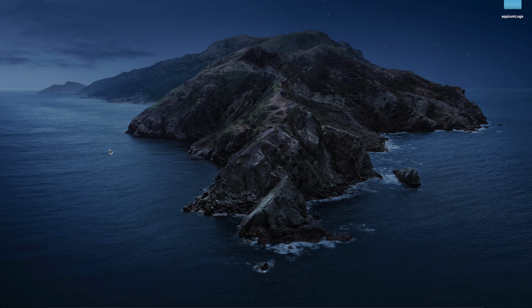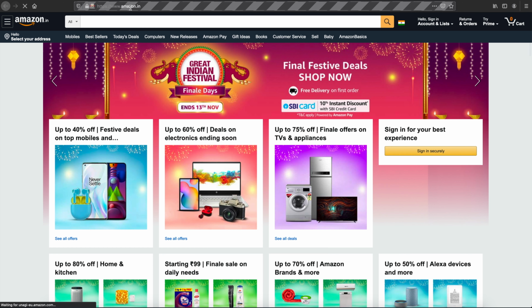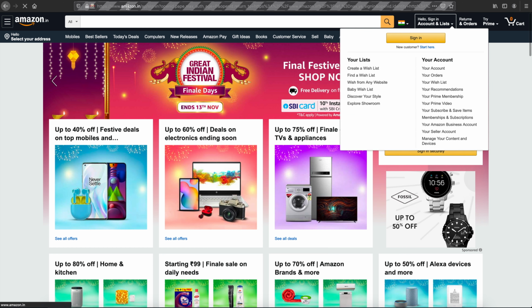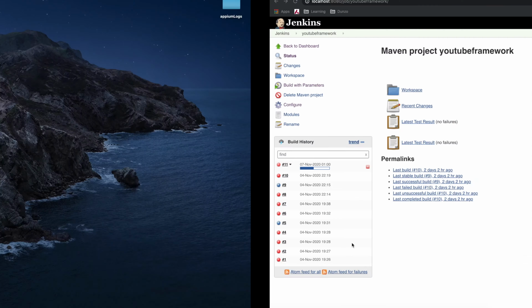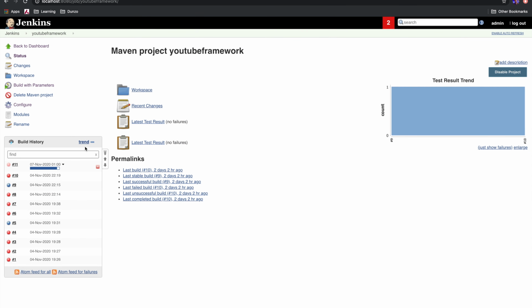So you can see it has started its execution. The Firefox has been opened and it will be opening the amazon.in website here. You can see it here on the top, and then it will be executing the whole script. So if I refresh it, you can see that we have got the result and everything is passed.